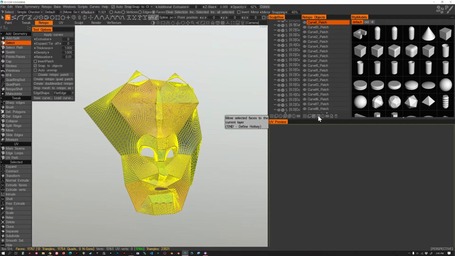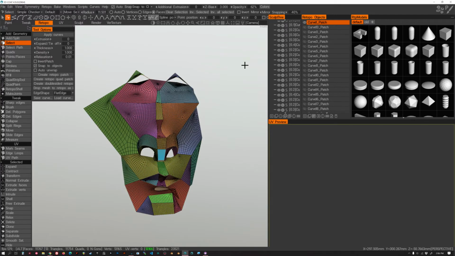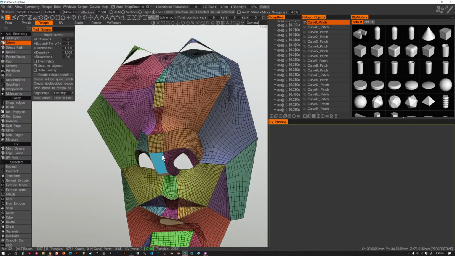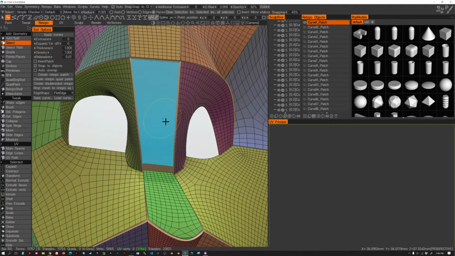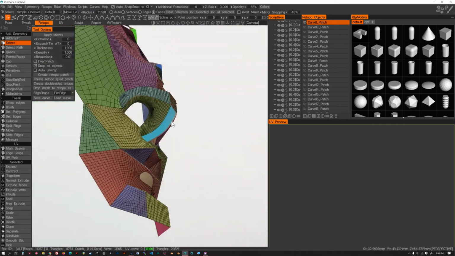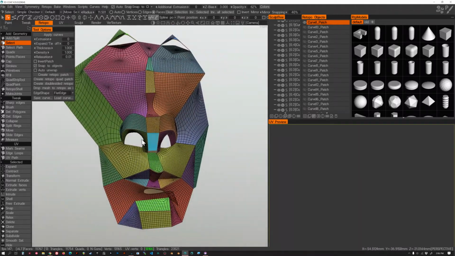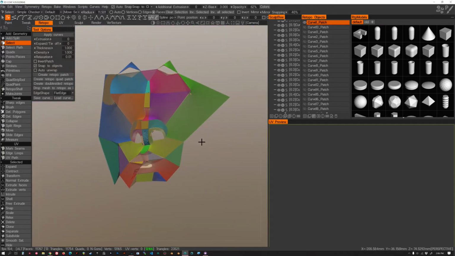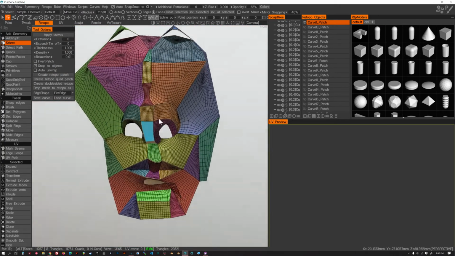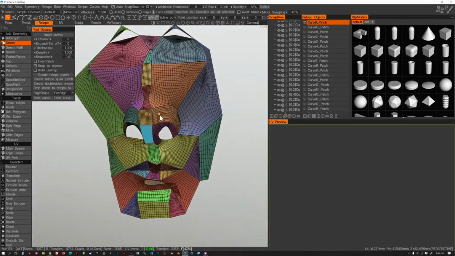So I have this option here, move selected faces to the current layer. So now everything will exist on this one layer. Okay. So this set of faces I would want to flip, but you see they're on the other side. But other than that,